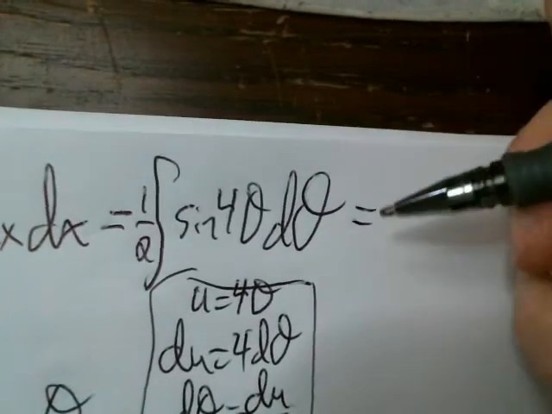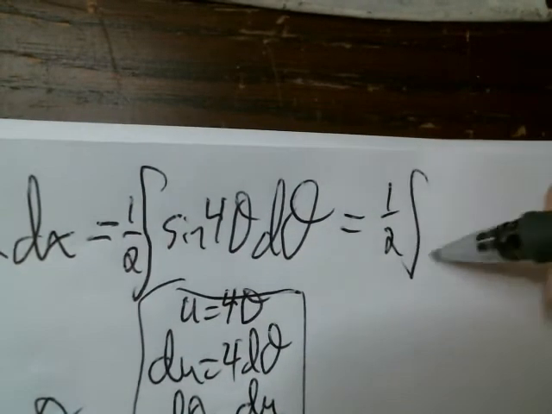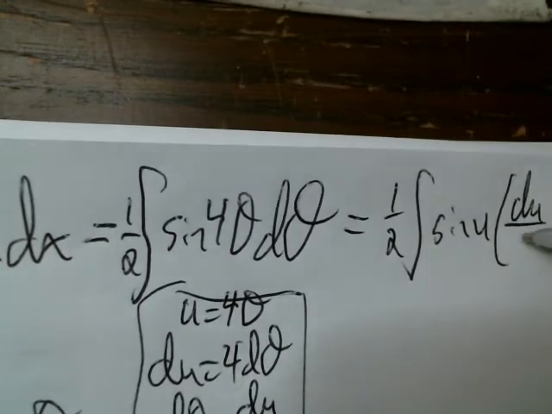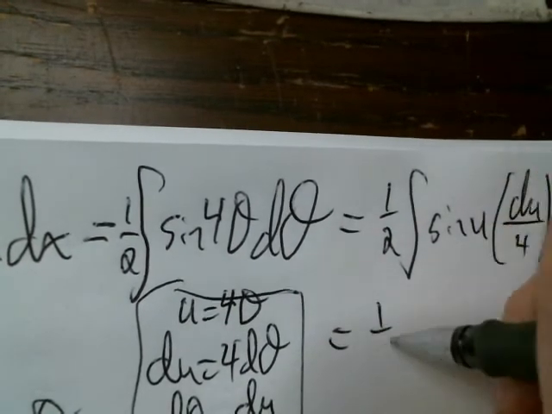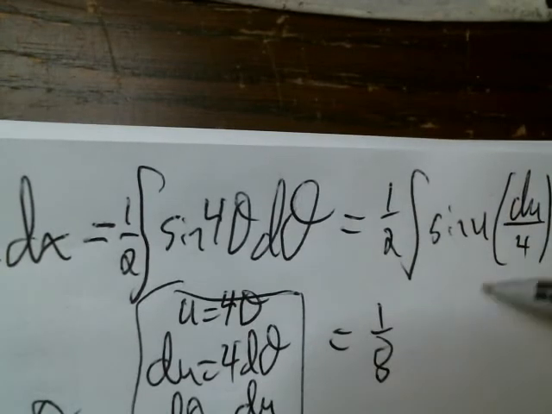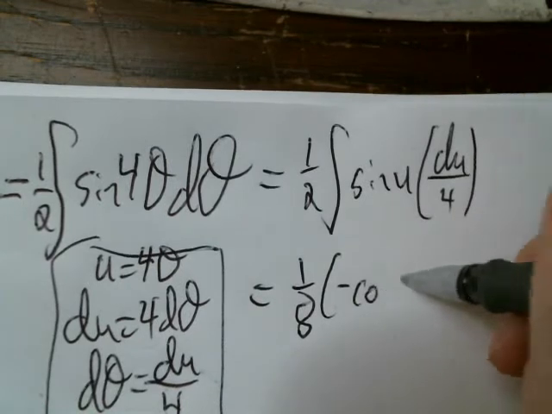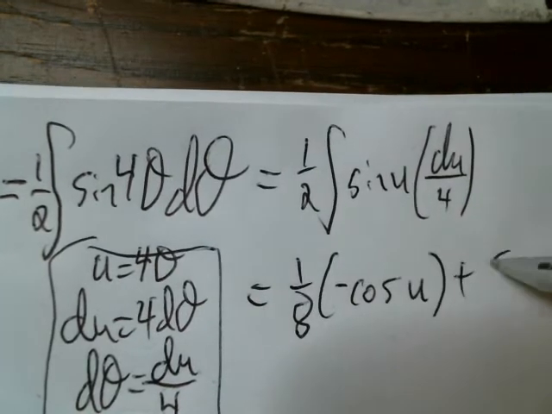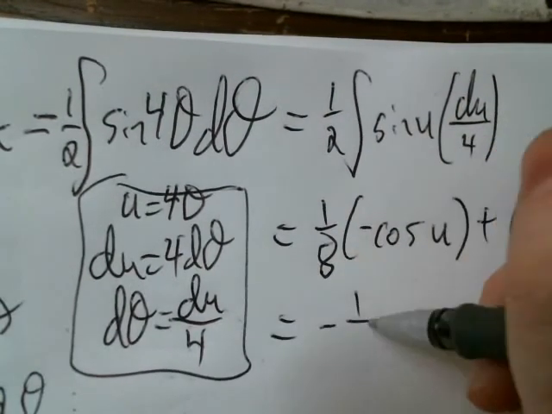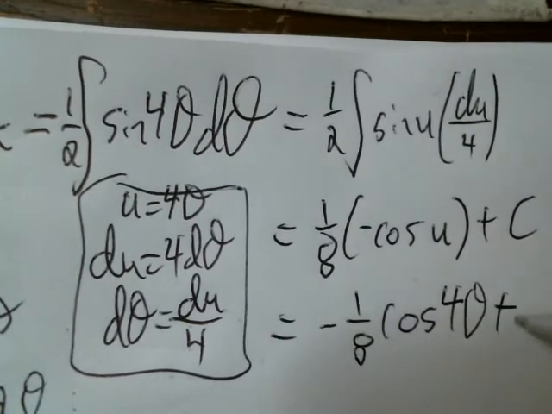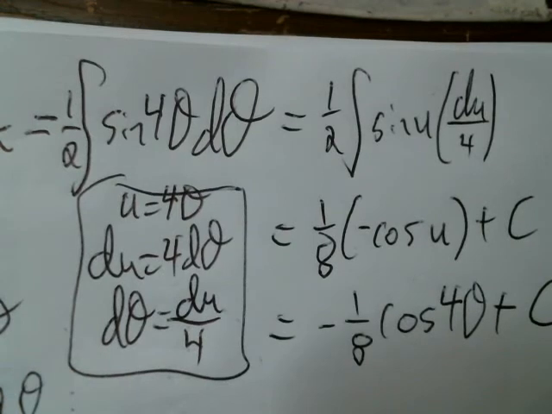So rewriting this thing, you'll get 1/2 integral sine u times d theta, which is now du over 4, and then you get 1/8 integral of sine of u, which is just negative cosine u, plus c, and then back substitute: negative 1/8 cosine of 4 theta plus c, right? Okay, so